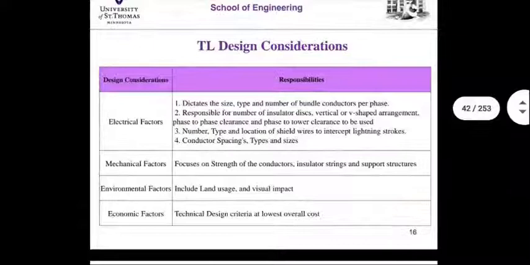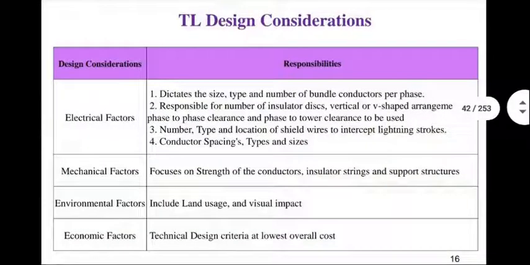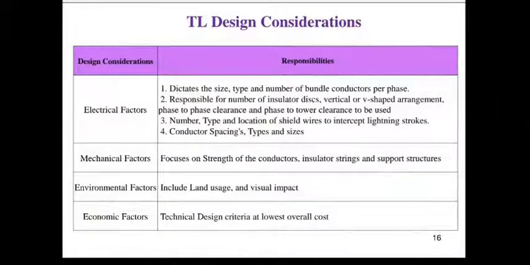Design considerations may be something you want to have a look at. It is not only electrical engineering that matters. Mechanical engineering, thermal engineering, etc. also do matter when it comes to power systems. Environmental effect, mechanical factors, economic factors, of course, that you don't want things to be too expensive. Engineers are experts in science as well as in economics, supposed to be at least. So that has to be captured in the last line.